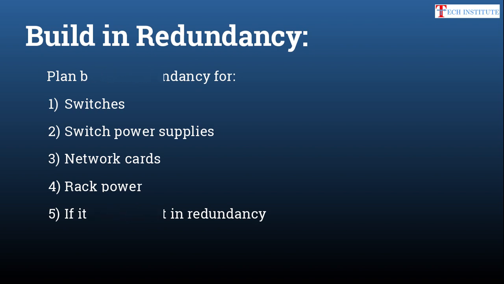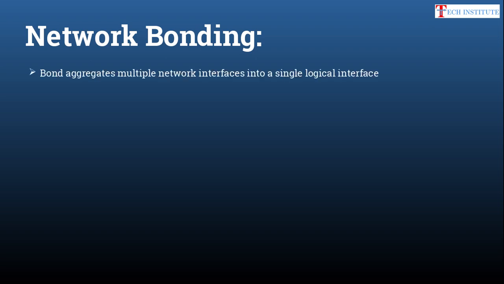So now moving ahead with network bonding. Why do we need bonding in the network space? You can use a single NIC card and configure the IP address on the NIC card and start using that, right? So instead of that, why do you need bonding? Because bonding aggregates multiple network interfaces into a single logical interface. Now what happens if you are using a single interface only and configure that directly, and if some hardware issue or some link failure happens in that particular interface, then your entire network is down.